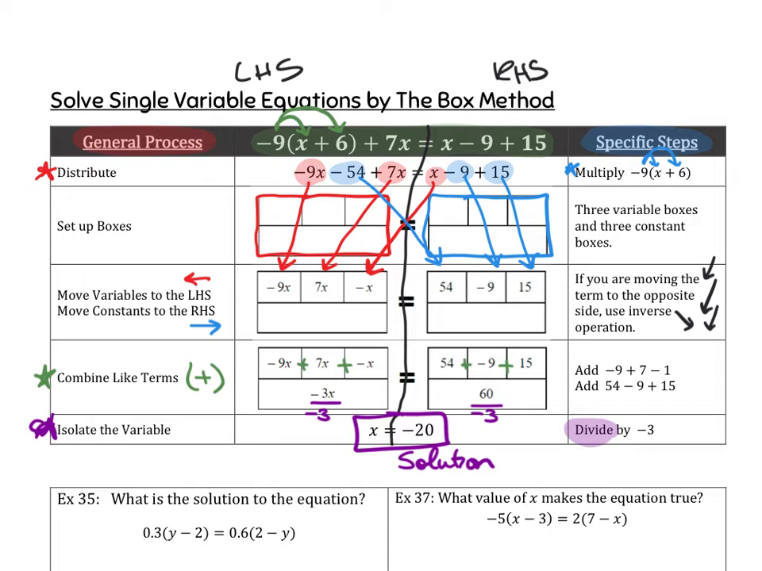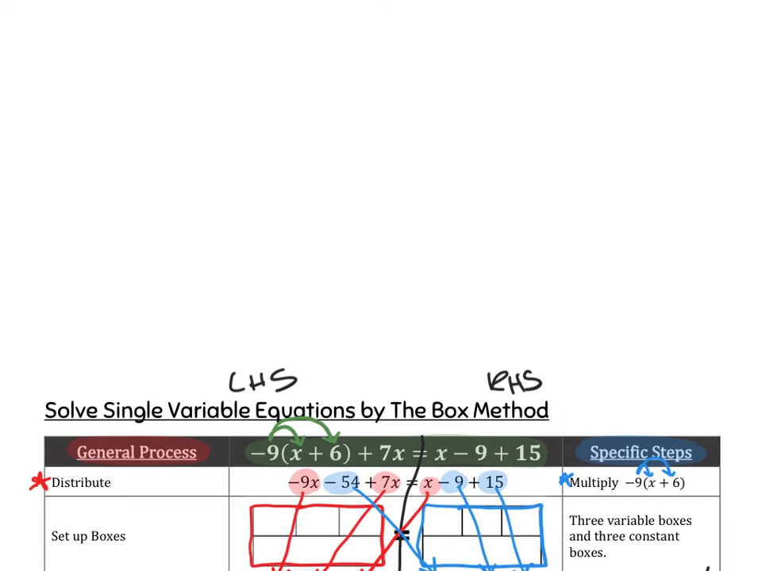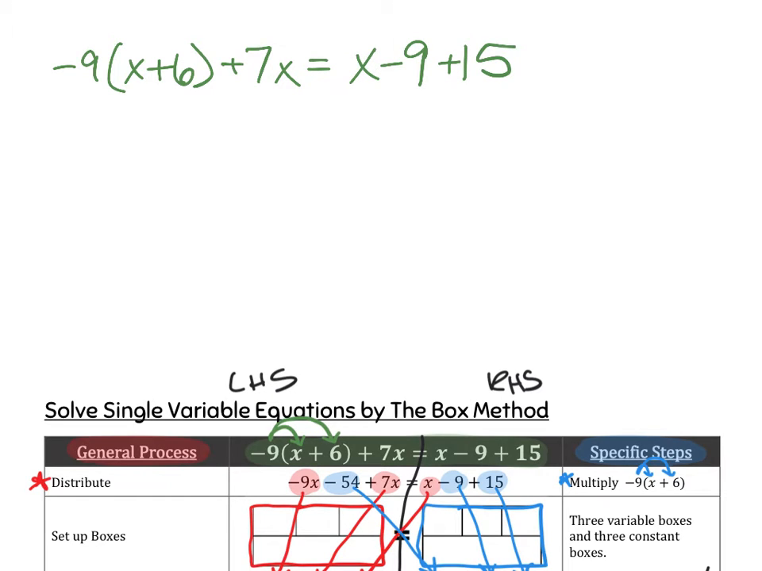So since x equals negative 20, we're going to plug in negative 20 to this equation. So I'm going to scoot up here for a second. Let's say I have negative 9, this is the equation, times x plus 6 plus 7x equal to x minus 9 plus 15. Okay, that's the original equation. Instead of x's, though, what can I put in their spot? What value did we just find? Negative 20. Okay, so we're going to plug in negative 20